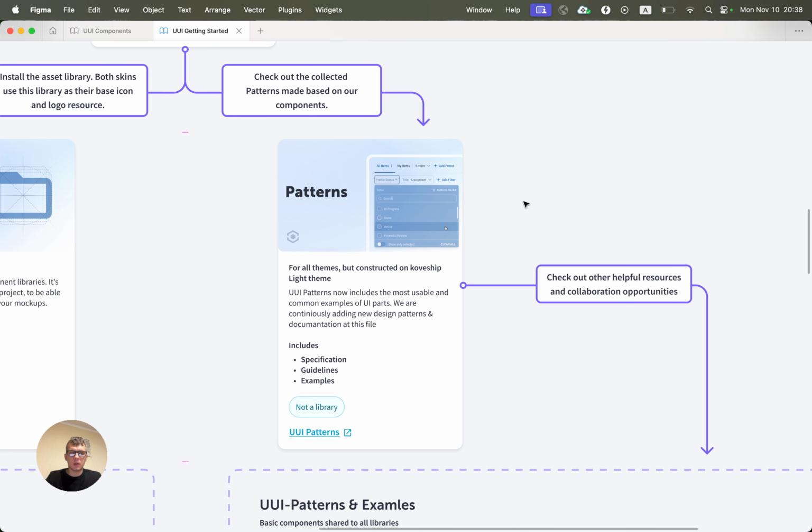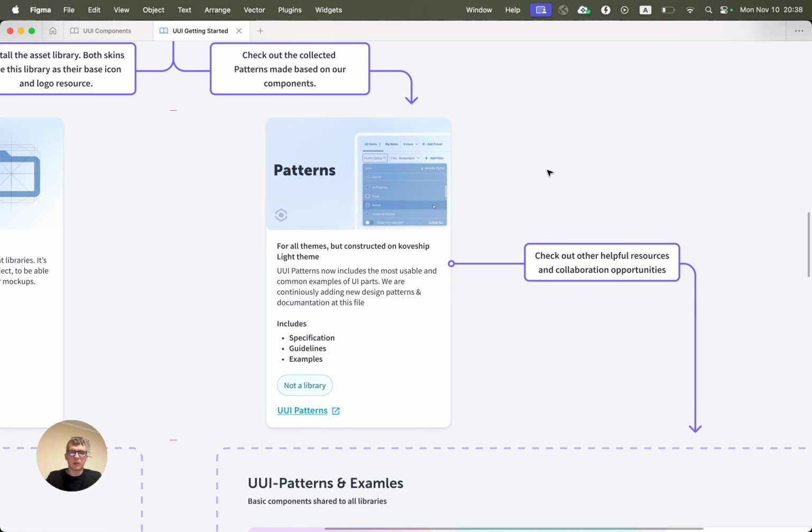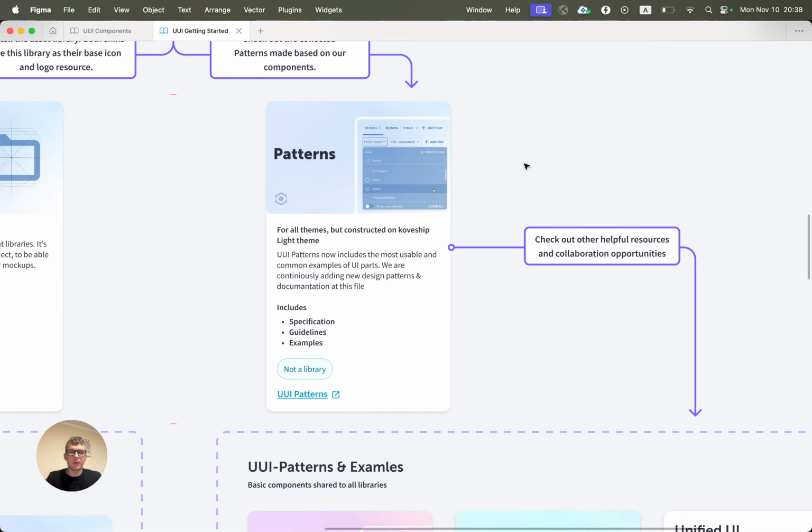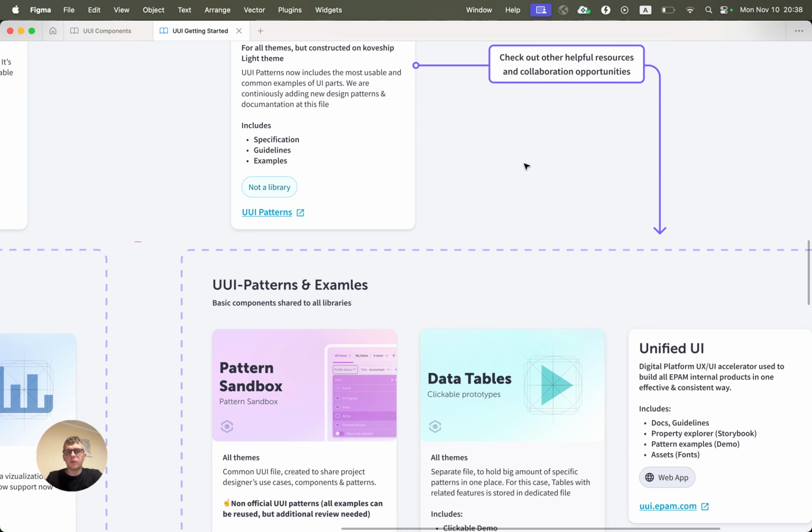This file can be found in our Figma in the UUI library theme. Just to make sure you didn't forget. Alright, moving forward,